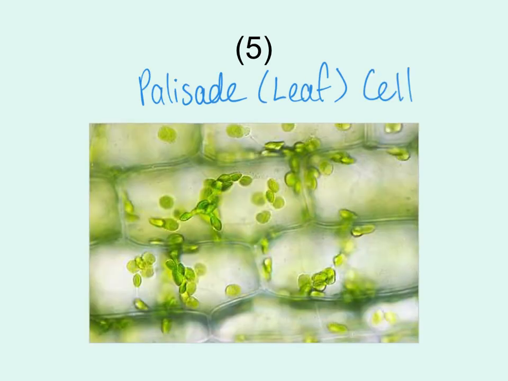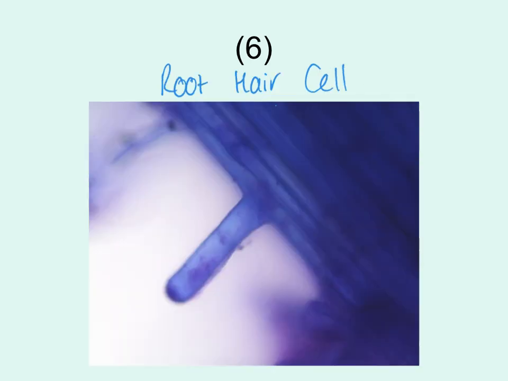Number 5 should have been a palisade or a leaf cell. You can describe it as either. You can see these cells are packed full of chloroplasts, and that is because they need to trap light for photosynthesis. Number 6 is a root hair cell, and I should have said at the time back in our diagram